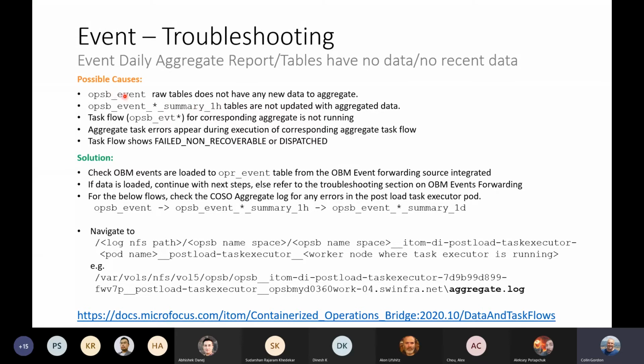So we read the data out of the raw table and we place it into the summary hourly and daily tables using some things called task flows. These task flows are all named in respect of the sort of data that they're dealing with. And they're responsible for being executed. Some of them run every few minutes, some hourly, some daily, depending on what the task flow is responsible for